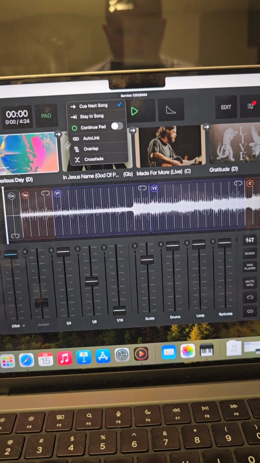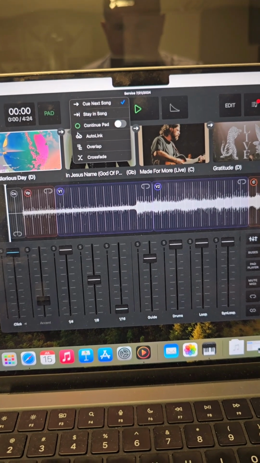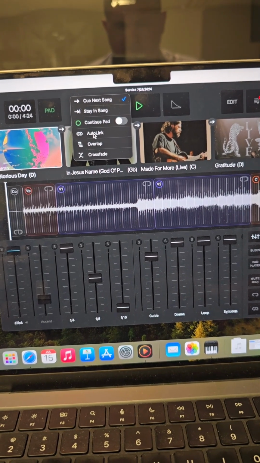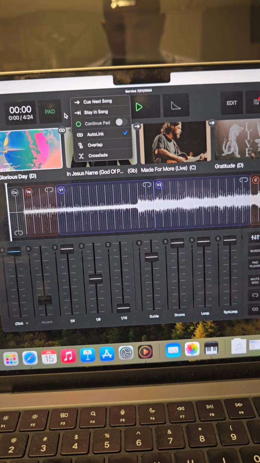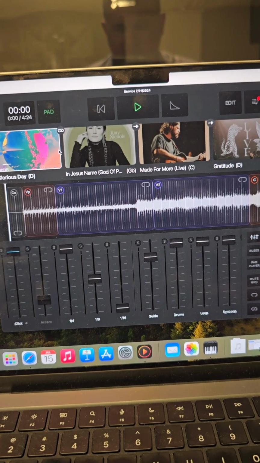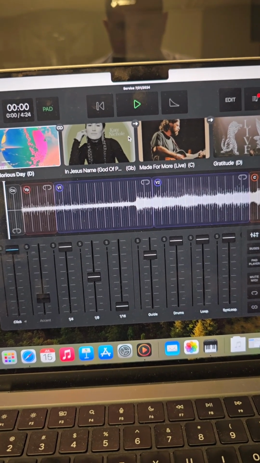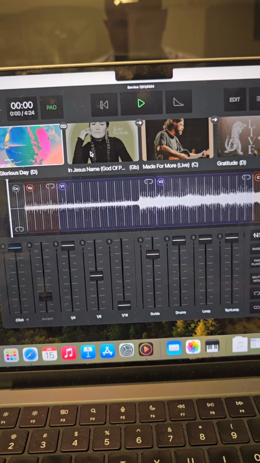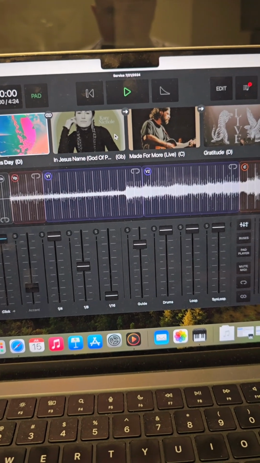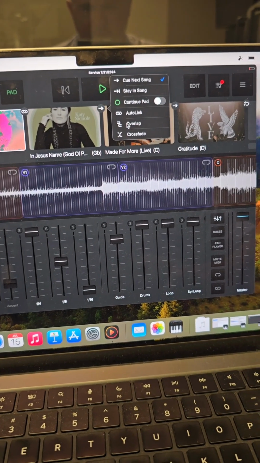One will get quieter, the other one will come in. So what we always use is auto-link. And what does that mean? So that means that when this song ends, this one automatically starts. Nobody has to touch anything. The songs just automatically continue. So we do this for every song,